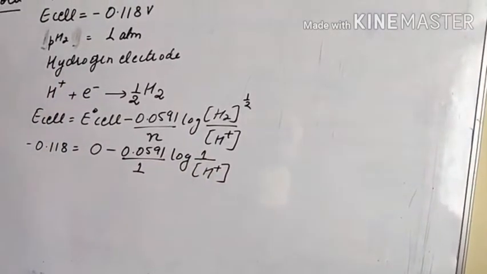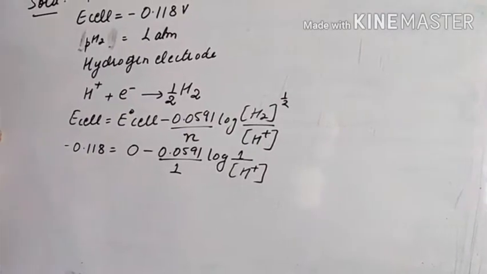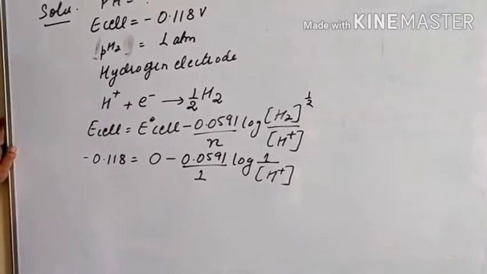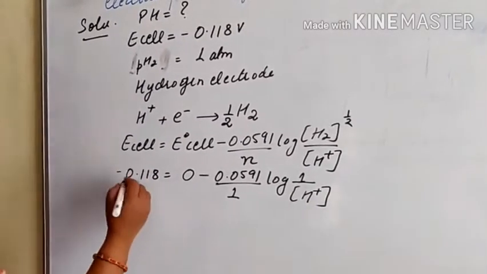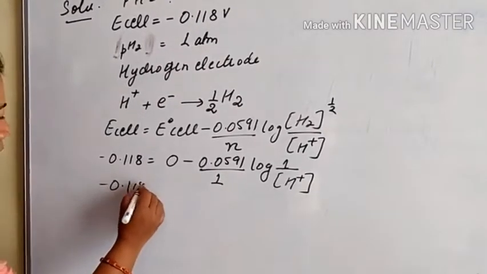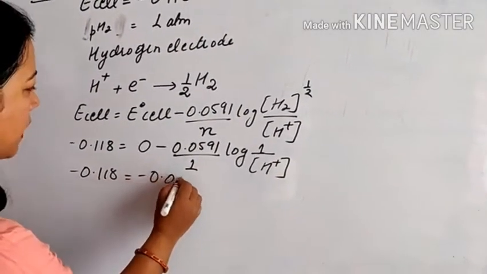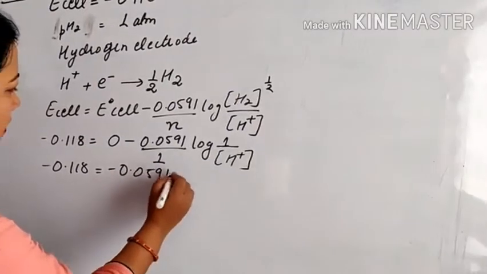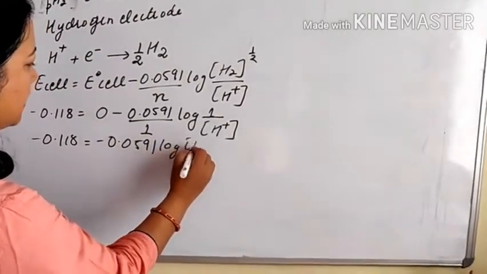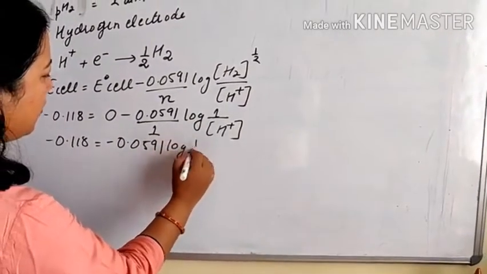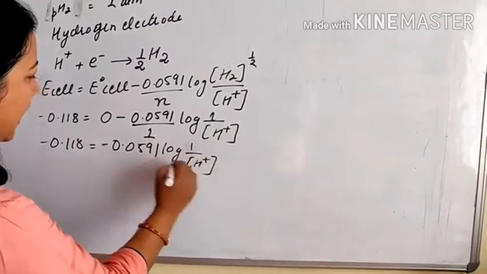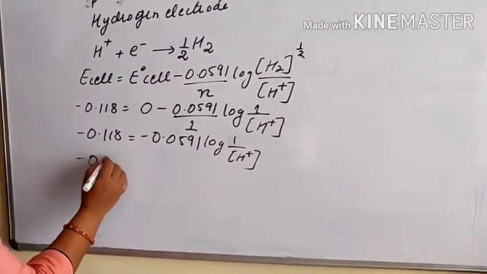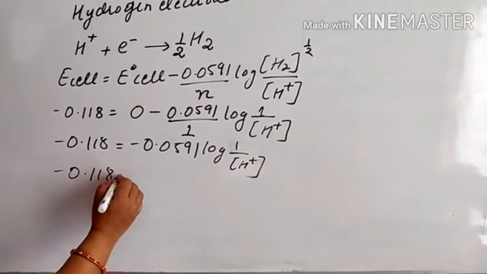In this way we can write the equation. Now minus 0.118 is equal to minus 0.0591 log of 1 upon H+, which can be further written as 0.118